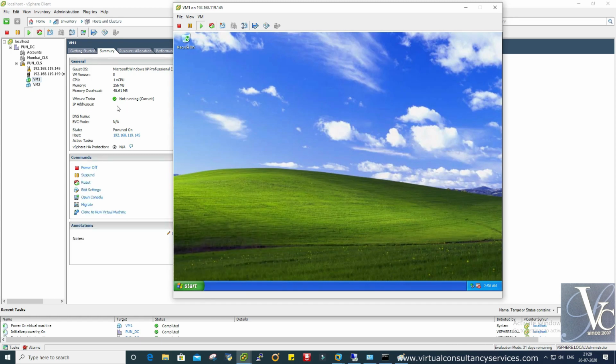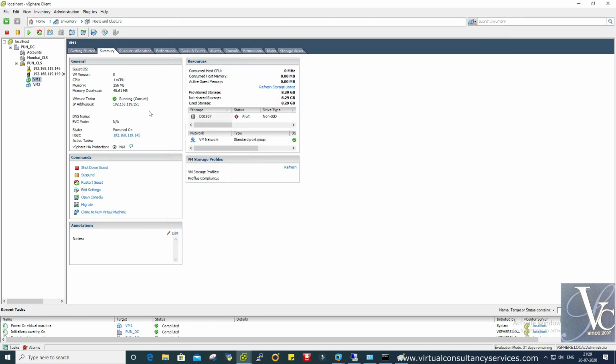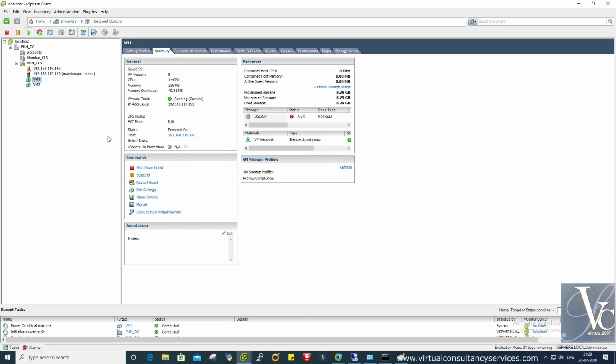Okay, so it came up, but we are still waiting for the IP address. IP address shows here. It is showing the IP address now. So in this way we can recover the VM which is inaccessible or in an orphan state.